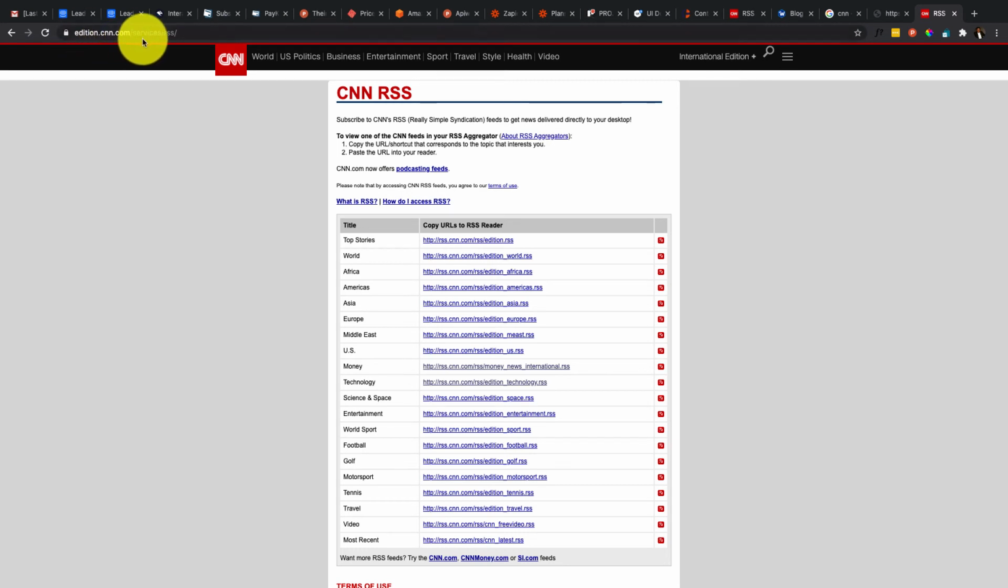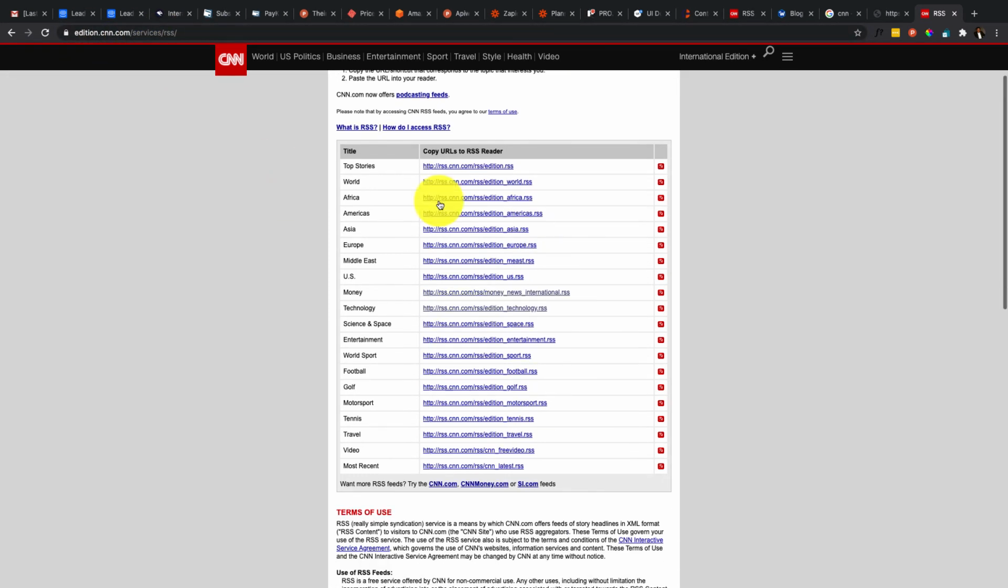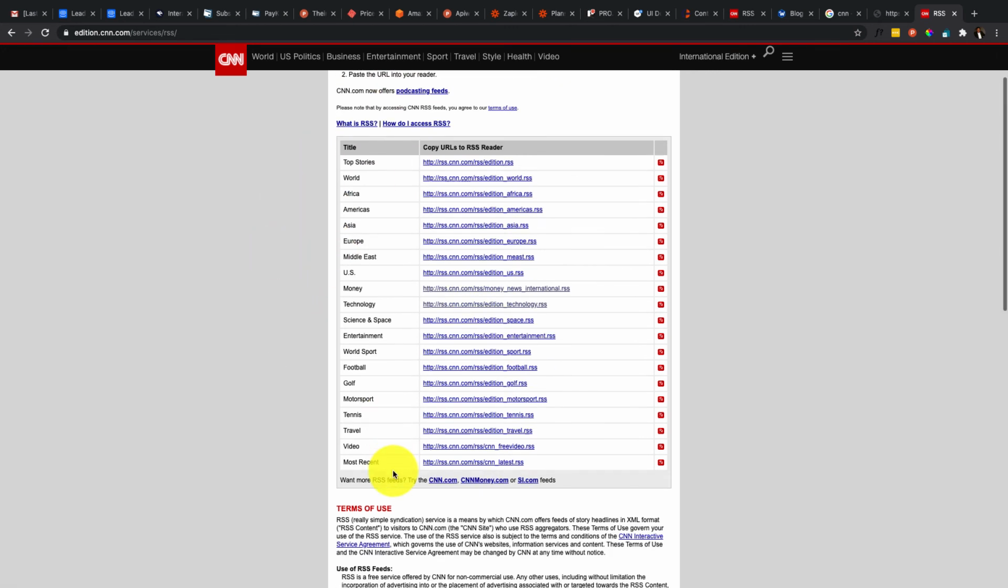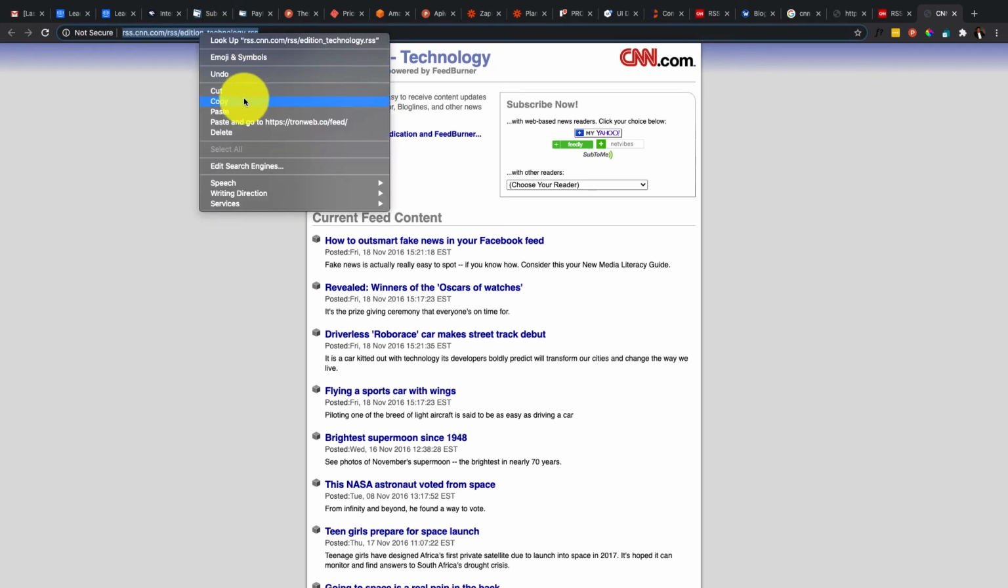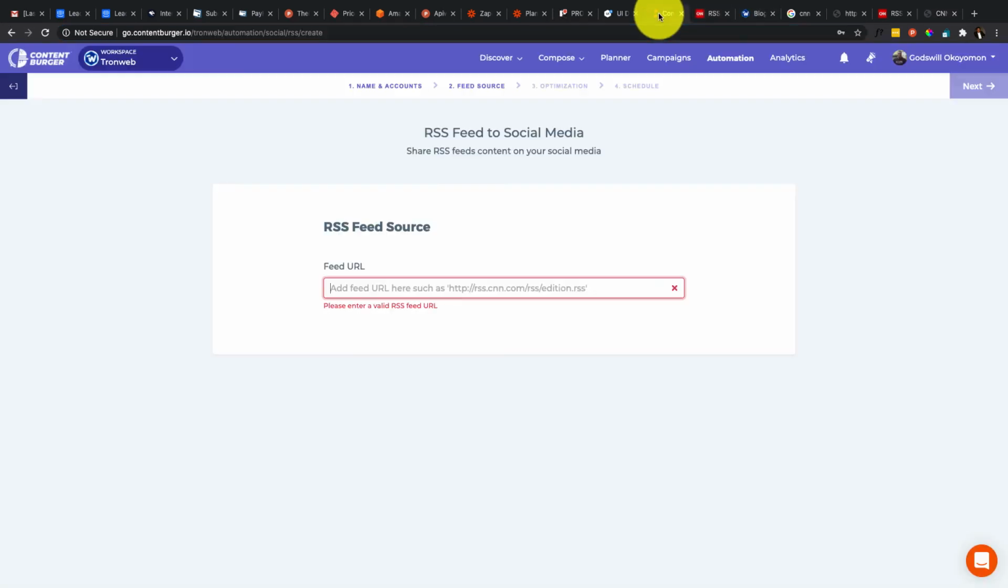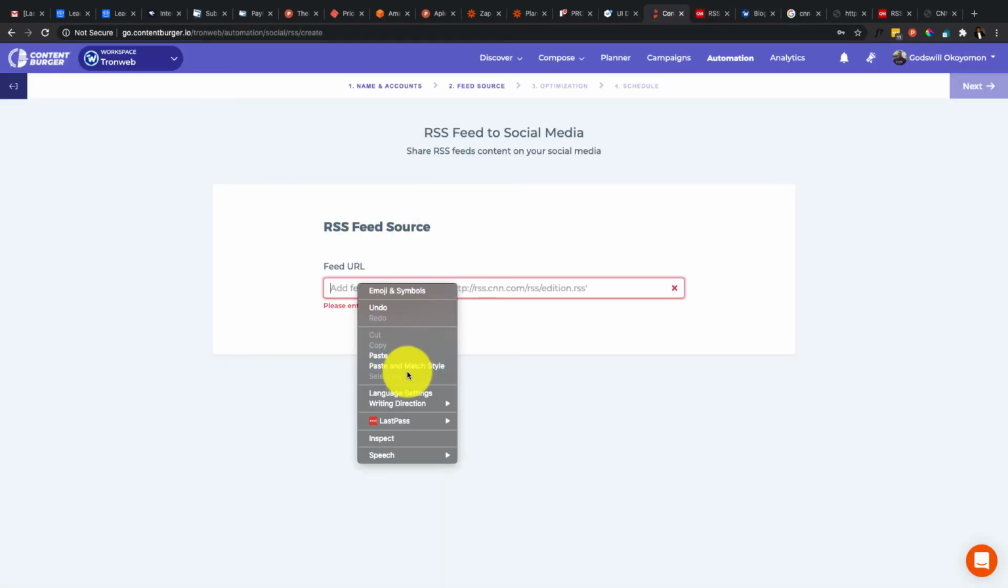cnn.com/services/RSS. Now they have RSS feeds for different categories of posts or news that they make. So let's say you are into entertainment, or let's say you are into technology. What you can do now is click on this technology RSS feed right here. All I need to do is grab this URL right here. Now I'll go back into ContentBurger, paste this URL,